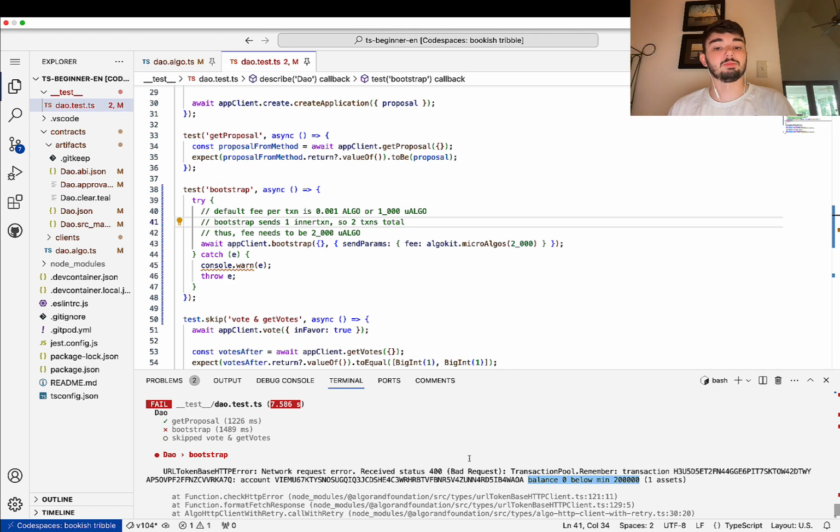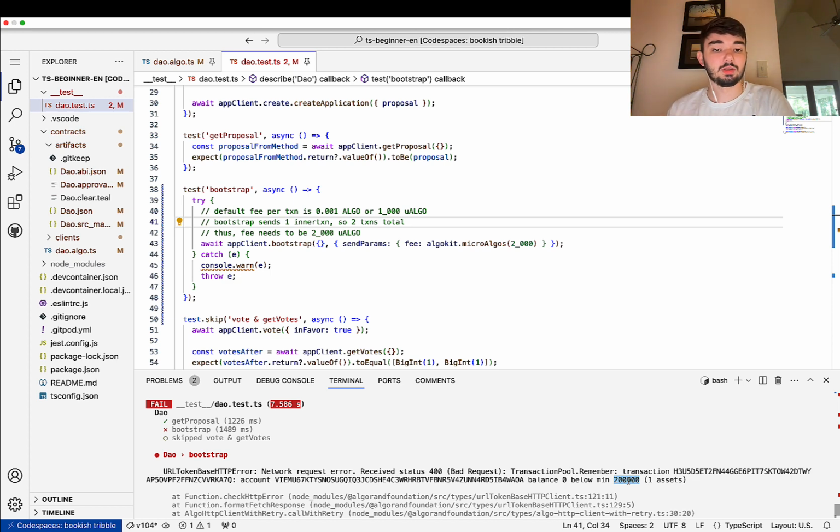The way we pay for that space is through the minimum balance requirement. So what this error message is saying is that our contract is trying to hold one asset, but it has 0 algo. So it's not even in the ledger, and it has less than 200,000. And we need 200,000 because it needs the 100,000 to be in the ledger, and then an additional 100,000 to